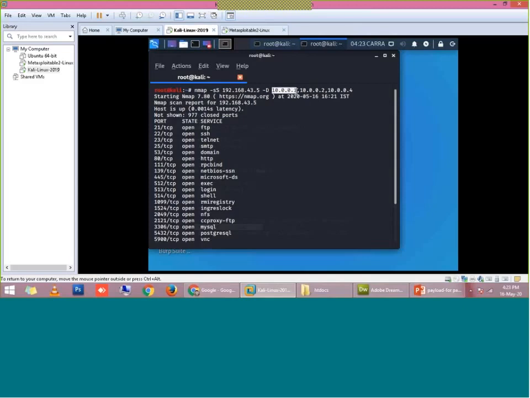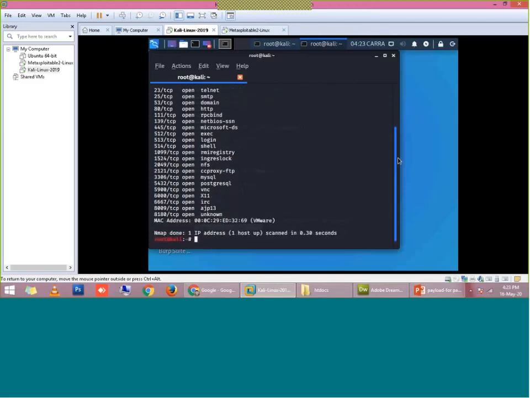Each time I am scanning, it will give the source IP as 10.0.0.1, 0.2, 0.4, right? So it will show the network administrator that network scanning is being done from this IP address. So the network administrator will not be able to identify the IP address of the scanner or attacker. So it is a very useful command, right?